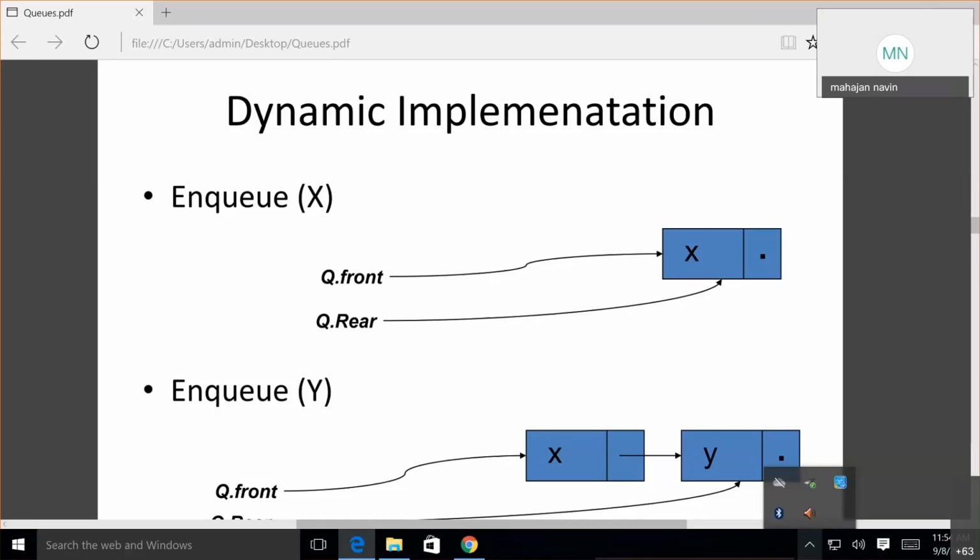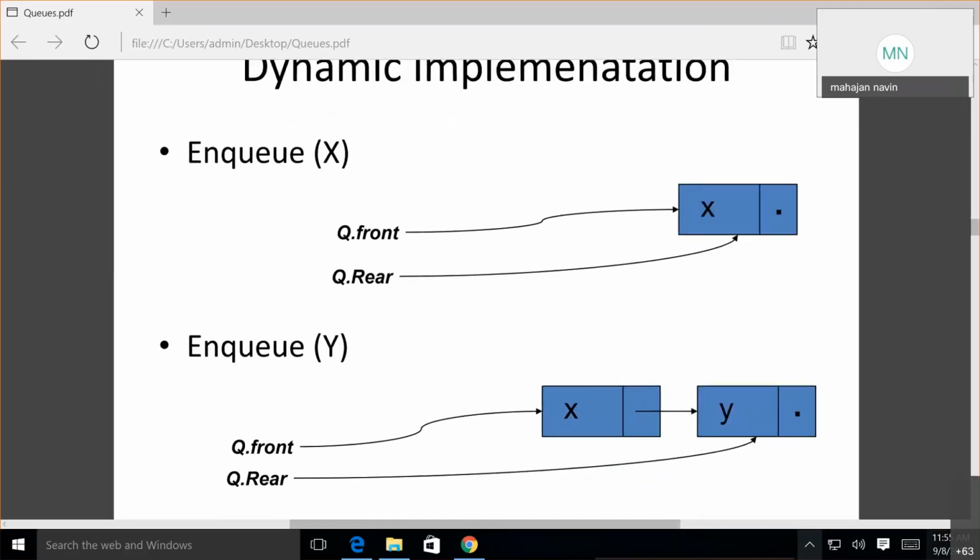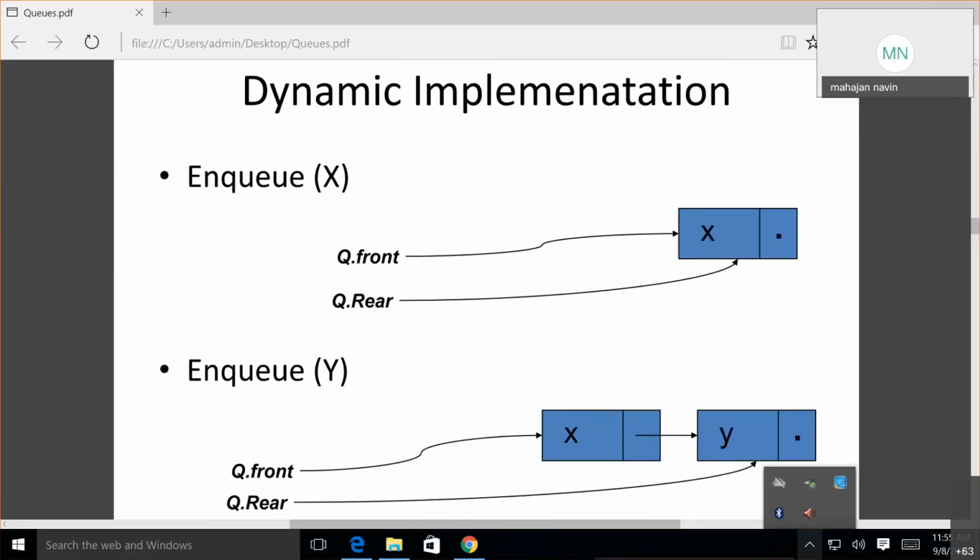As you insert one more node, front is pointing to the same element, whereas rear is pointing to the next element. If you insert one more element, this is a link, so one more new node is created, and rear will point to the third node.